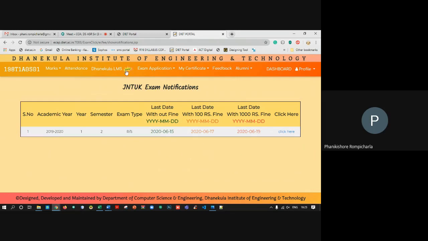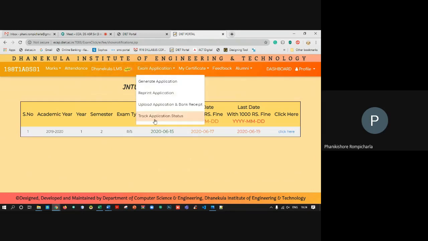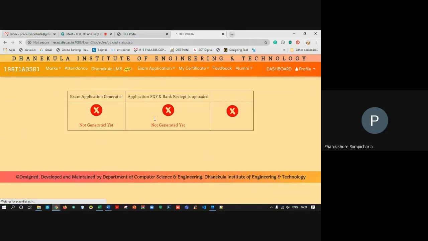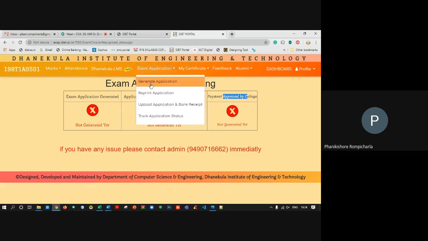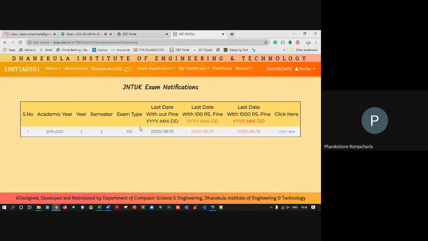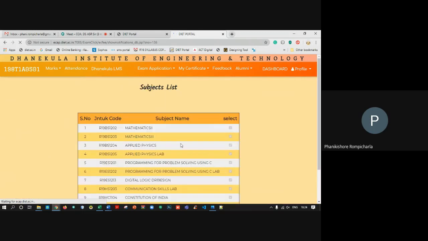Before going to this notification, you need to check the track application status, where exam application generation, application PDF, bank receipt upload, and payment approval are not generated yet. Then go to generate application and simply click here.